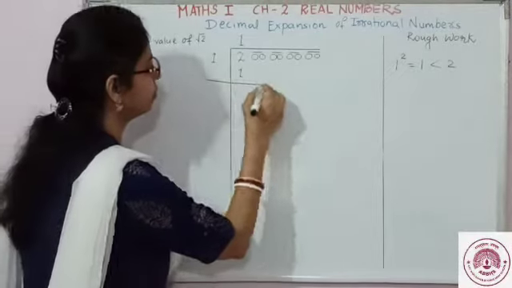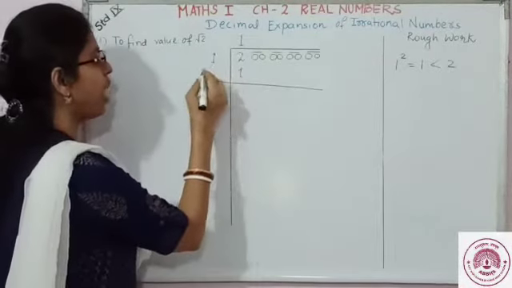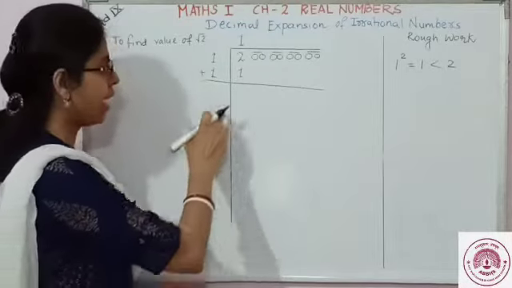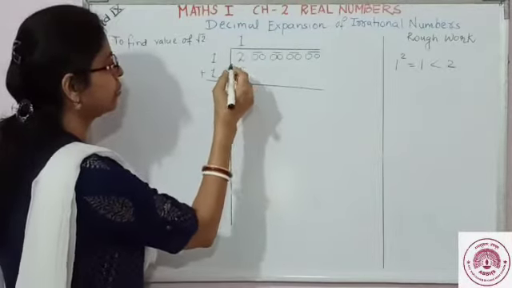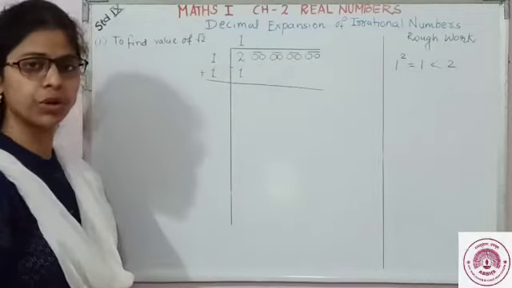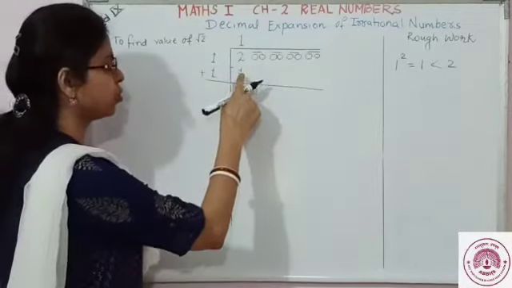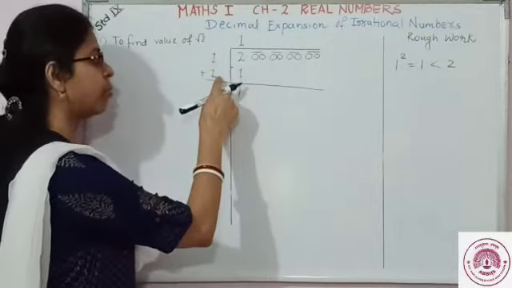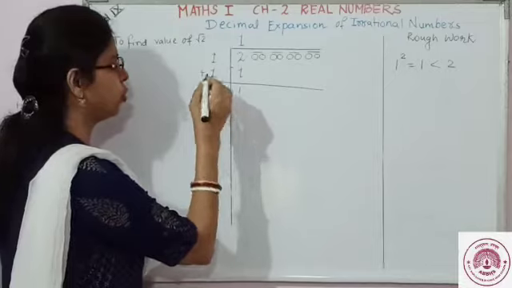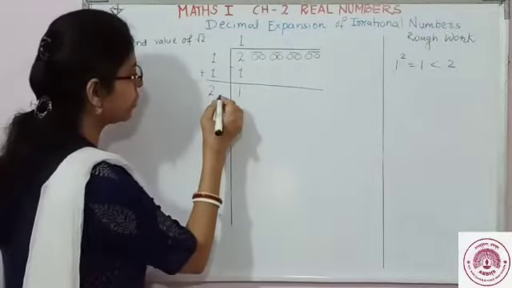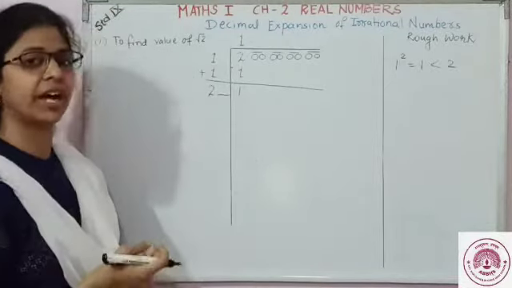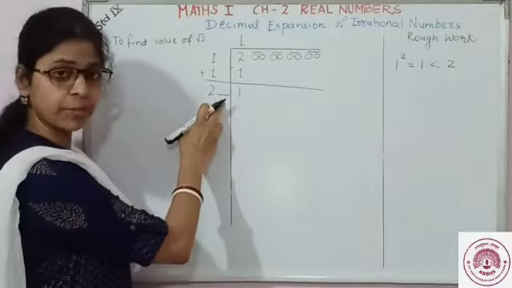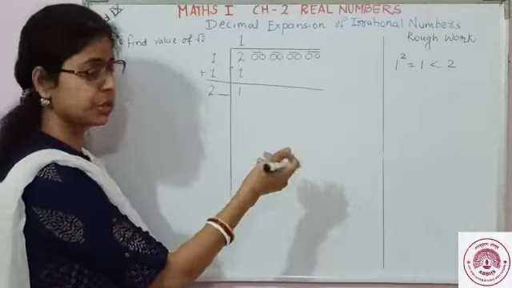1 here. Now here the same 1 we have to add on the left hand side like this. And here on the right hand side we have to subtract these two numbers. So 2 minus 1 is 1, okay, and 1 plus 1 is 2. Now here you keep some place because we have to take another digit, okay. So 2 here, one place, we'll be finding the next digit.